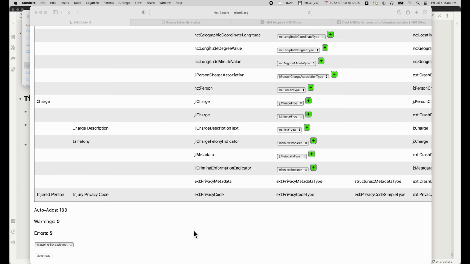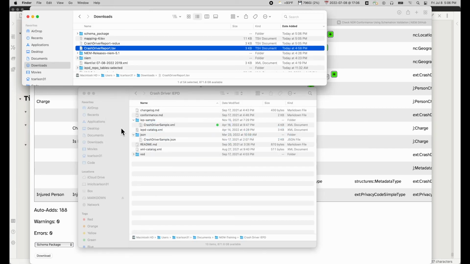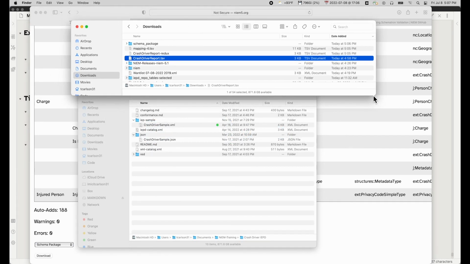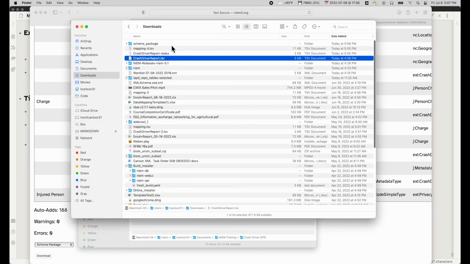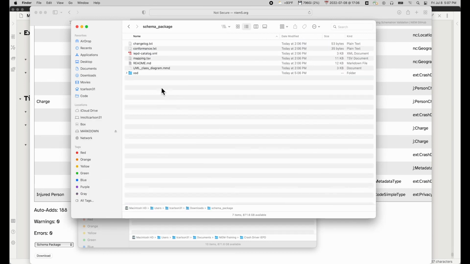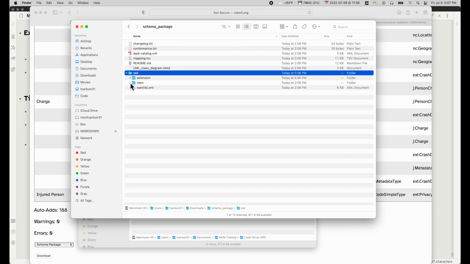The other thing you can do is once you've fixed up your errors, or even if you haven't, but once you've fixed up your errors, you can say, give me a schema package instead. Instead of getting the spreadsheet, you'll get a whole schema package. And it's not perfect, okay? It's just a good start though. And we haven't talked about all these artifacts yet. We're going to. For right now though, I just want to show you,